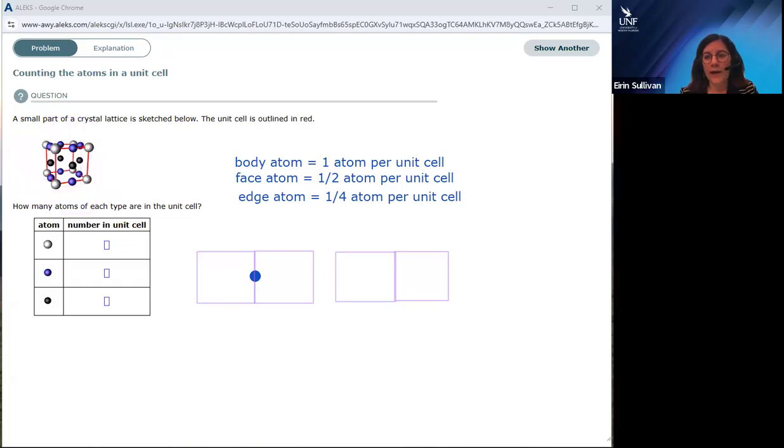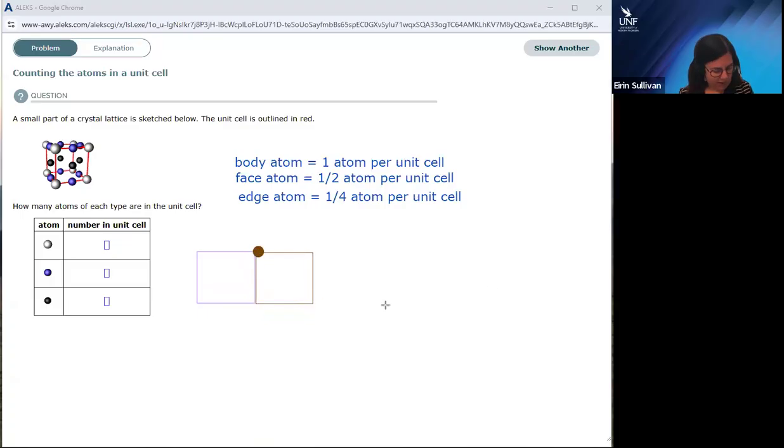Okay, so the last one then is going to be our corner atom. Okay, so again, let's get rid. So a corner atom, those are drawn in silver, so I guess I'll pick grey if I can, see if that's the closest. I can't get grey. What's close to grey? In terms of theme, let's go brown. If we're thinking close, so a corner atom would be right on the corner of one unit cell. Okay, so you can visualize, if we just look at like a 2D plot, that corner atom in 2 dimensions,